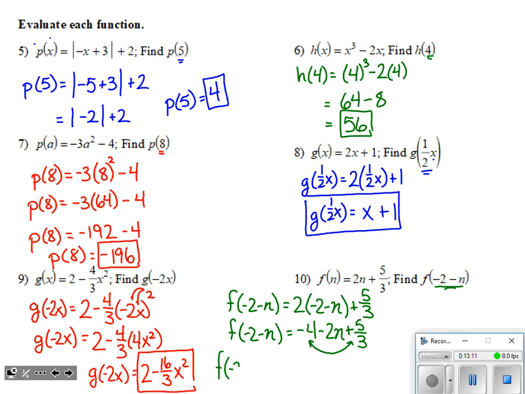So we're going to have to get a common denominator to do that. Negative 4 is the same thing as negative 12 being divided by 3, and having that expressed as something over 3 is going to allow me to combine those together. So I still have that negative 2n, but now negative 12/3 plus 5/3 is negative 7/3. Since they have that common denominator, I can add up their numerators over that common denominator of 3. All right, and it should be known that numbers 9 and 10, if you had those terms just in a different order, like say for number 10 you had negative 7/3 minus 2n, that's still totally acceptable. It means the same exact thing.